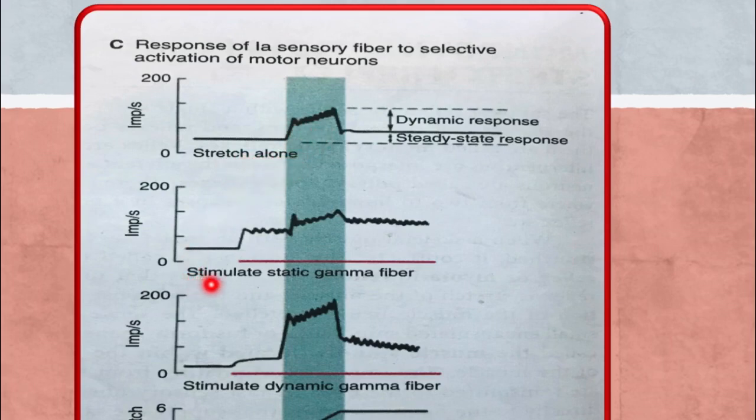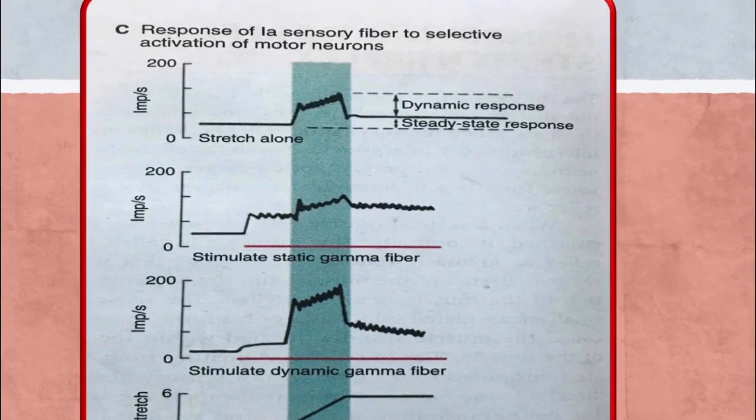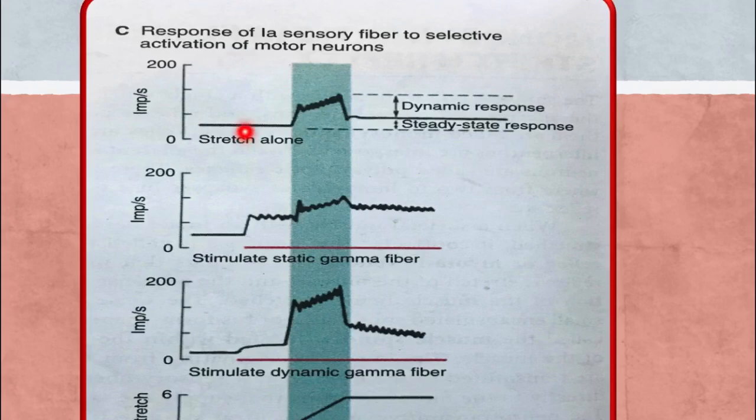This second one is when we are stimulating the static gamma fiber, and the third one is when we are stimulating the dynamic gamma fiber. Sorry, only the dynamic, not the static. So, in the uppermost, see, this is the basal line. We provided the stretch. Initially it was in resting condition, and then we provided the